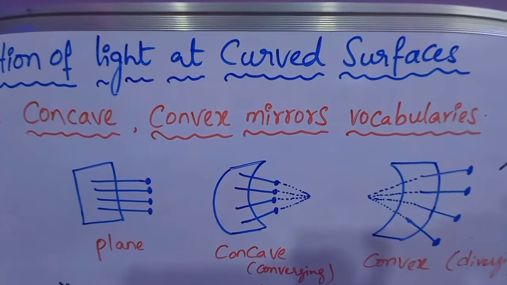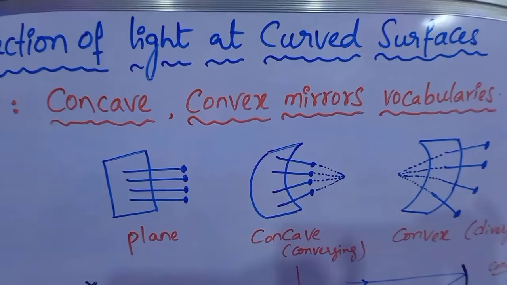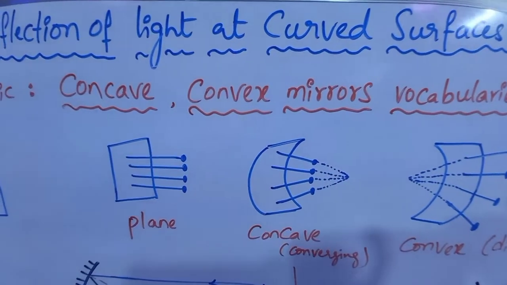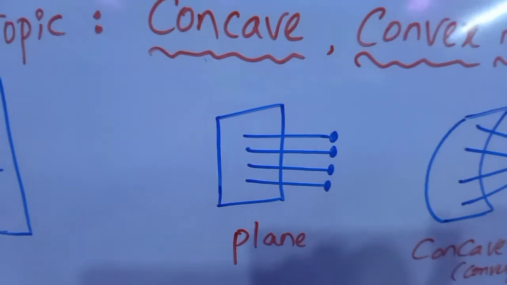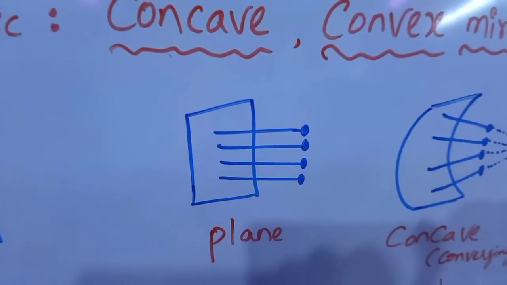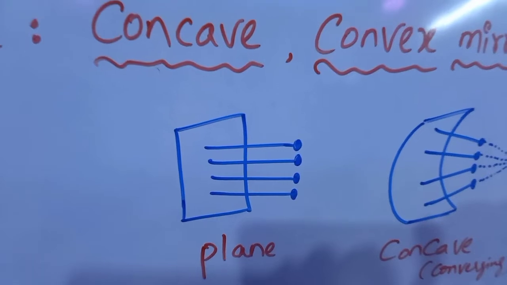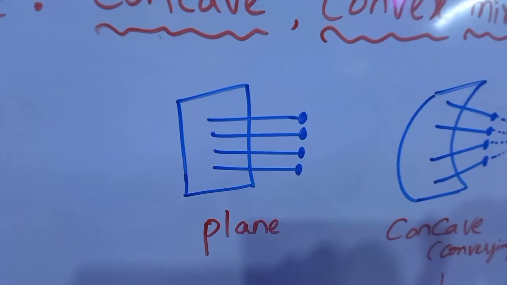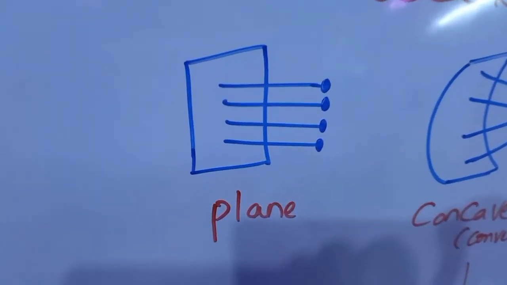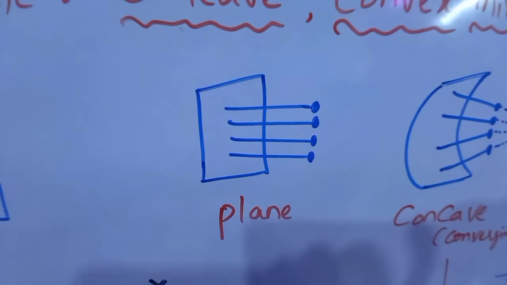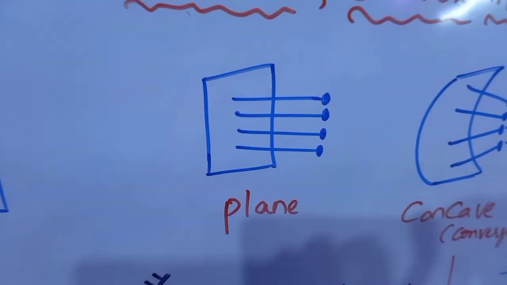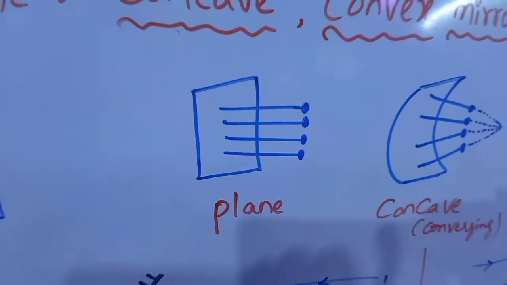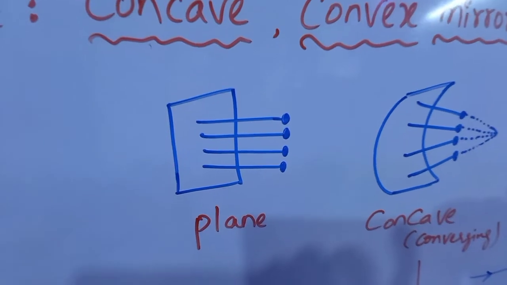For this, we need to do a small activity. We take a small piece of thin foam or rubber, just like the sole of a slipper. It will generally be a plane surface. Put some pins along a straight line on the foam as shown here. Then all these pins are perpendicular to the plane of the foam. Is it right, children? The foam is imagined as a plane. If the foam is considered as a mirror, each pin would represent the normal at that point.